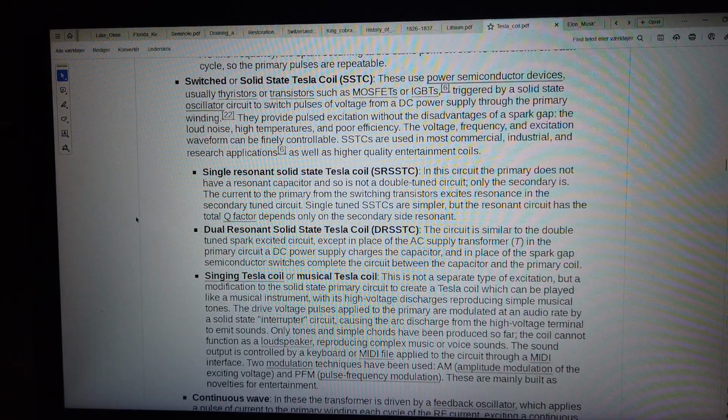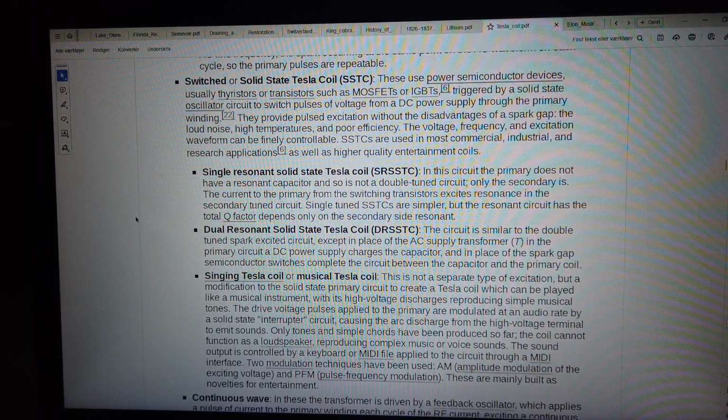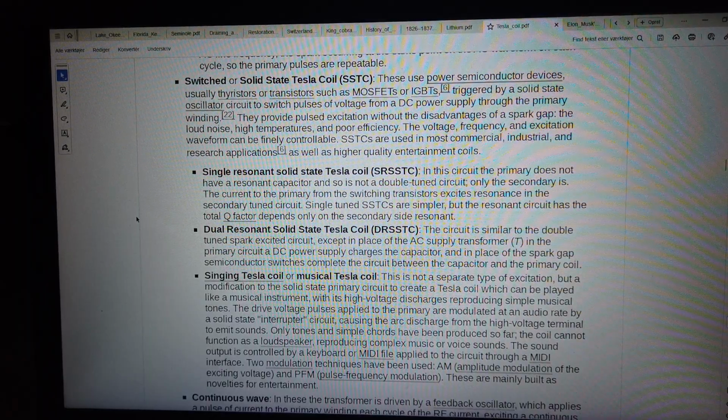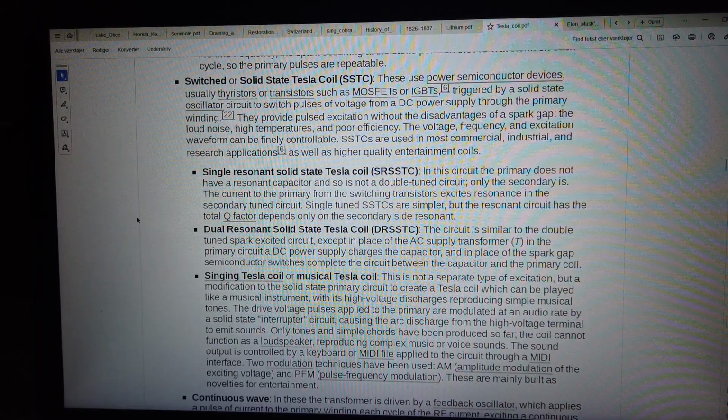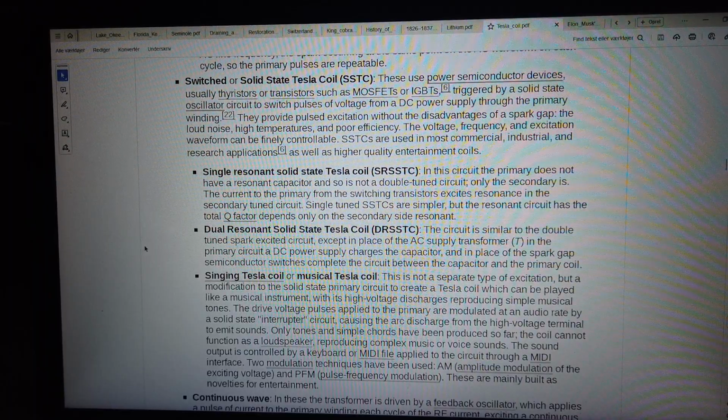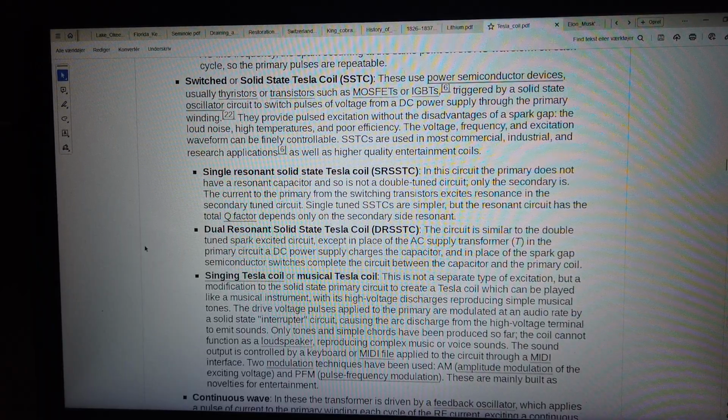Switched or solid-state Tesla coil, SSTC. These use power semiconductor devices, usually thyristors or transistors such as MOSFETs or IGBTs, triggered by a solid-state oscillator circuit to switch pulses of voltage from a DC power supply through the primary winding. They provide pulsed excitation without the disadvantages of a spark gap: the loud noise, high temperatures, and poor